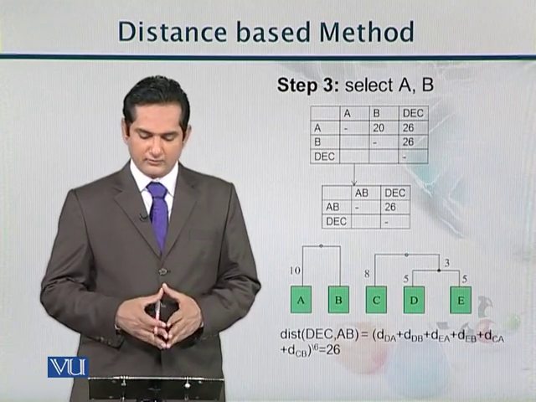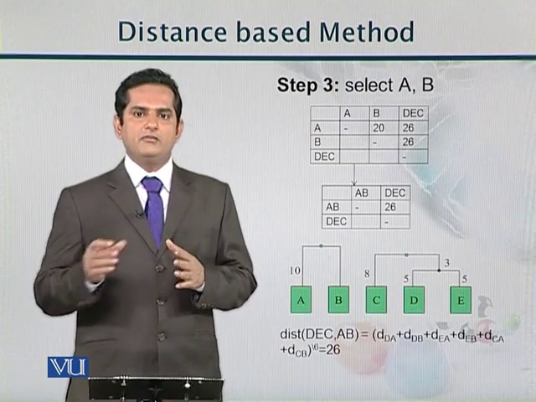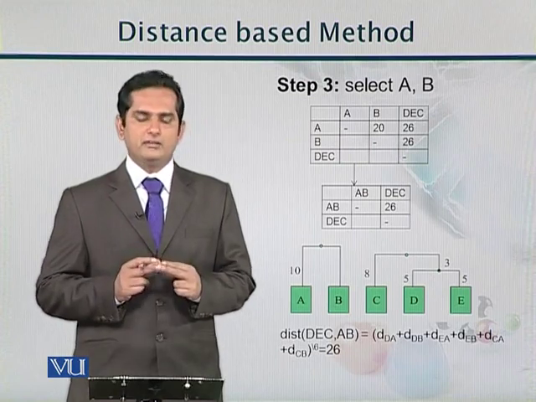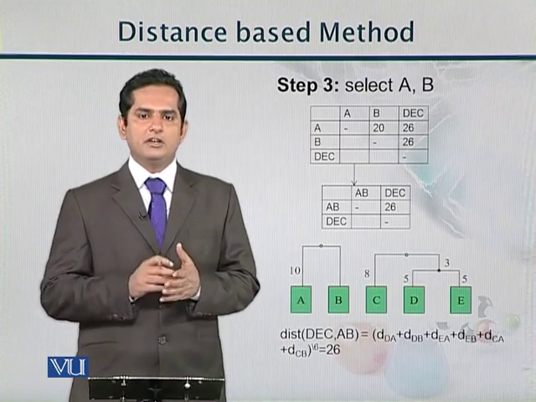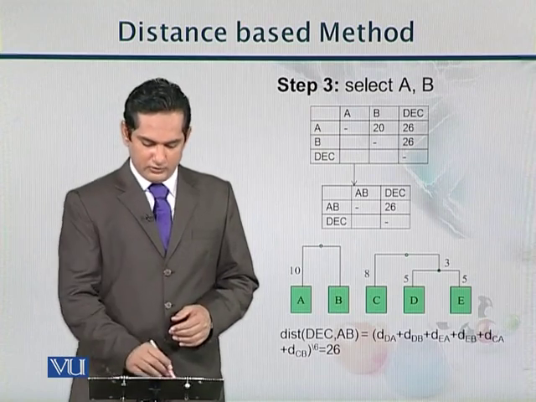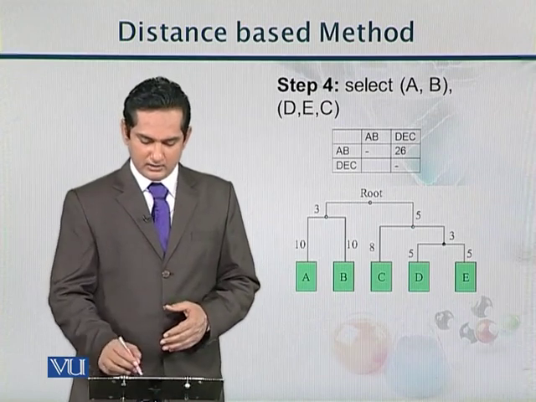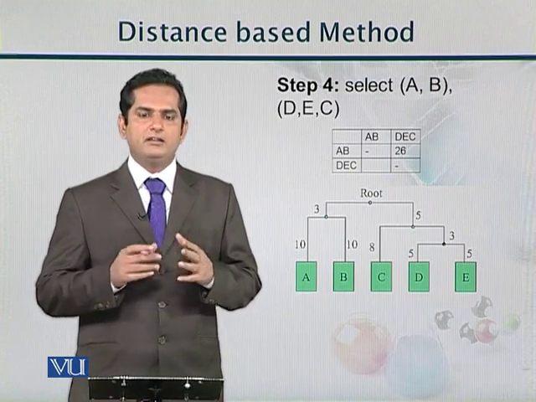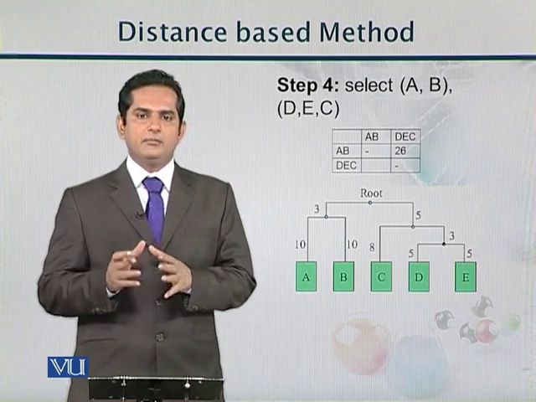For step 3, now we have DEC and AB. Instead of combining B with DEC, we will combine A and B together first. That is shown here. So now we have two trees, one on the right hand side, one on the left hand side. Left hand side tree shows combination of A and B, and right hand side our DEC. In the final step, we will combine all these trees together. When we combine all these together, this is our final tree, which is shown in this diagram, which will take values from A, B, C, D, E, and then put a root node, which is the parent of all these nodes, and it is a complete rooted tree.